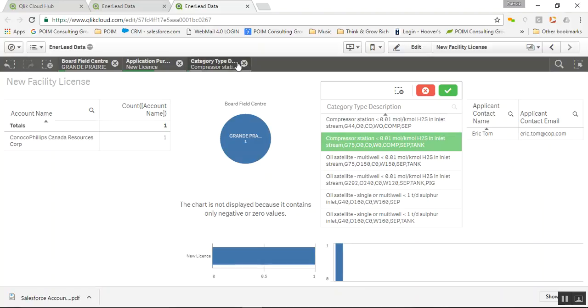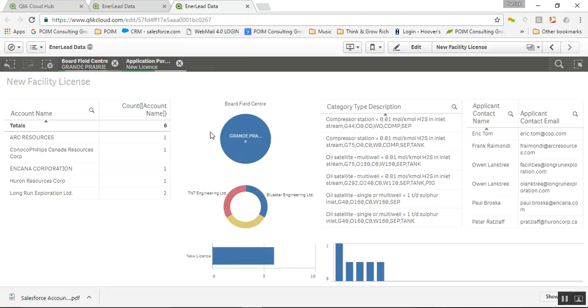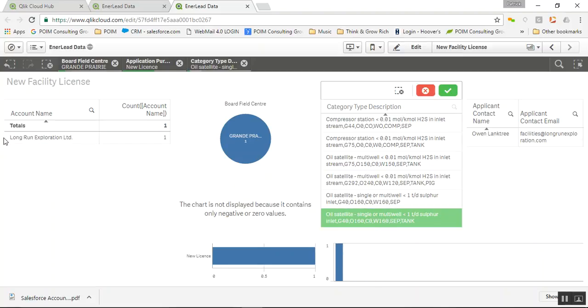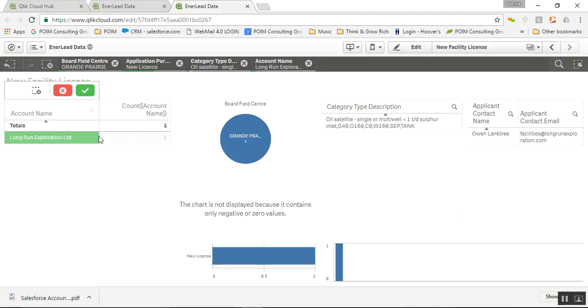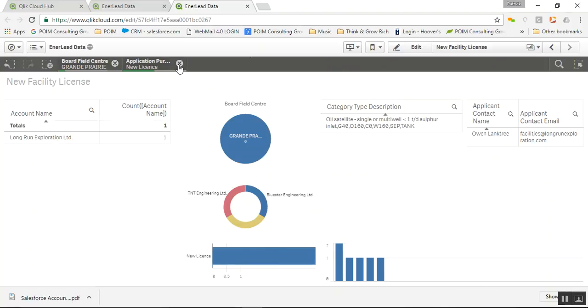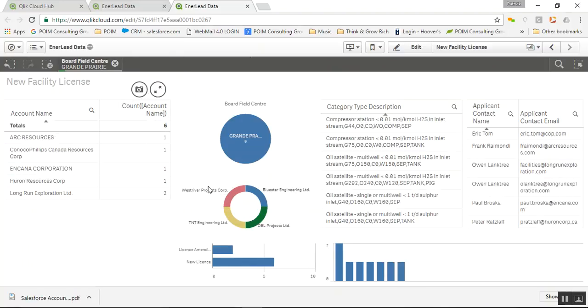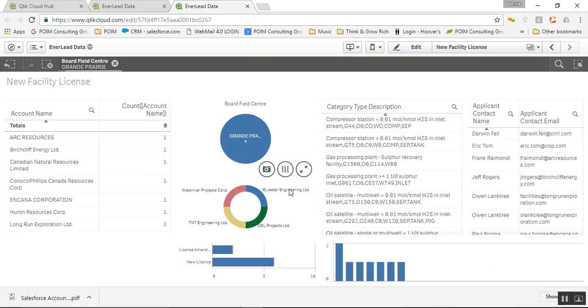I've opened up these tabs at the top, so I can go ahead and separate the tabs here. And I can come down and say, okay, I want to take a look at this particular one. And there's long run expiration, or I can click on long run, and it talks about, or shows me the data associated with that. If I click back and I look at Grand Prairie, again, I've got my different